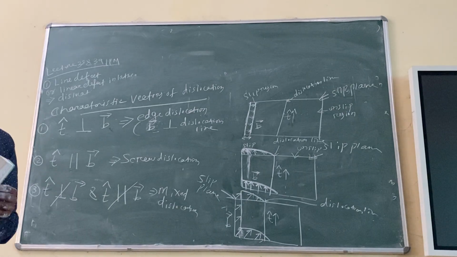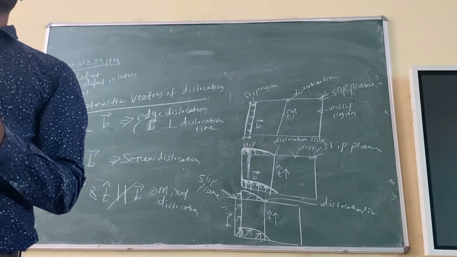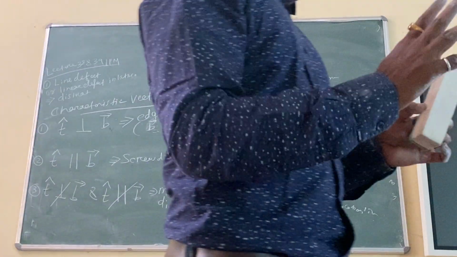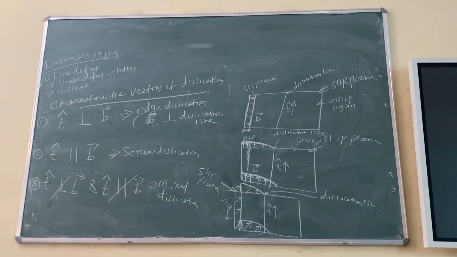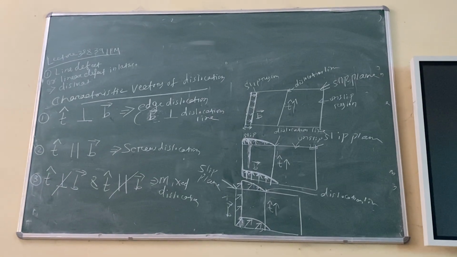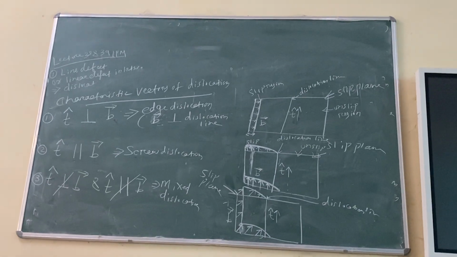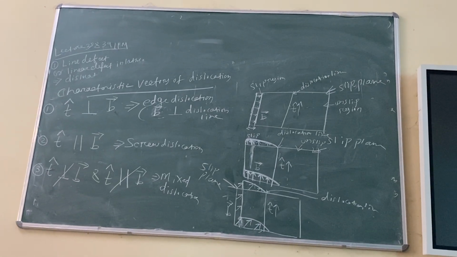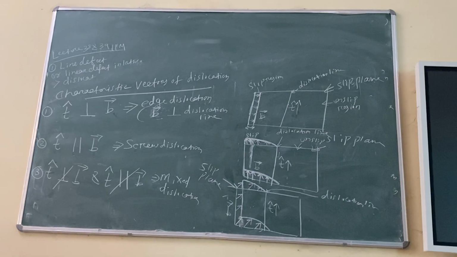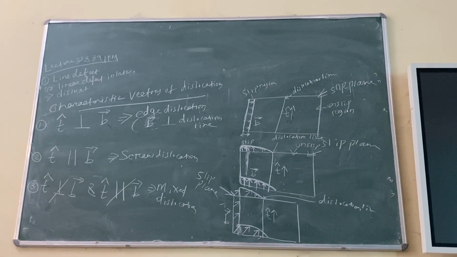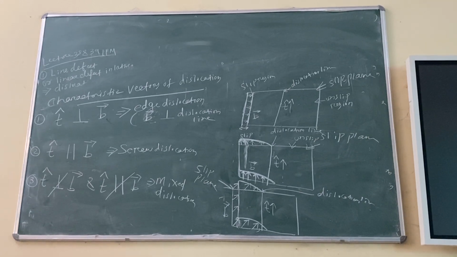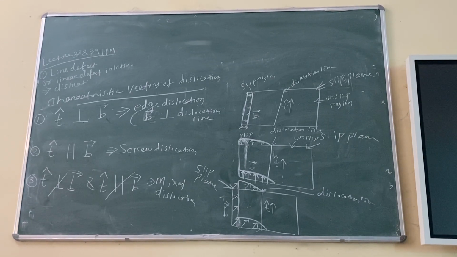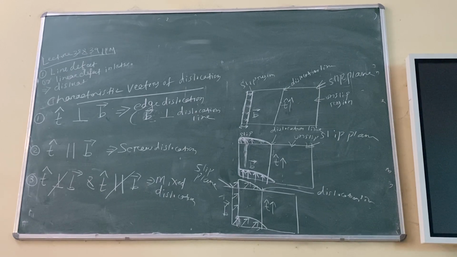Again, I am saying, there are two vectors that will define which kind of dislocation we have. We have three types of dislocations: edge, screw, and mixed, right? And the tangent vector is what? The tangent vector is always parallel or tangent to the dislocation line. It basically tells about the orientation of the dislocation line, how the dislocation line is oriented, in which way, right? And Burgers vector will tell you about the nature of slip. It tells about the magnitude of slip and the direction of slip, right?